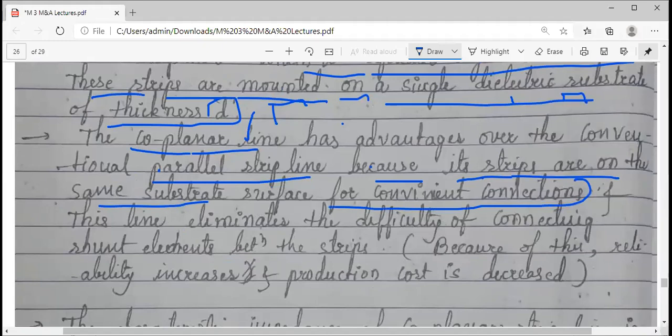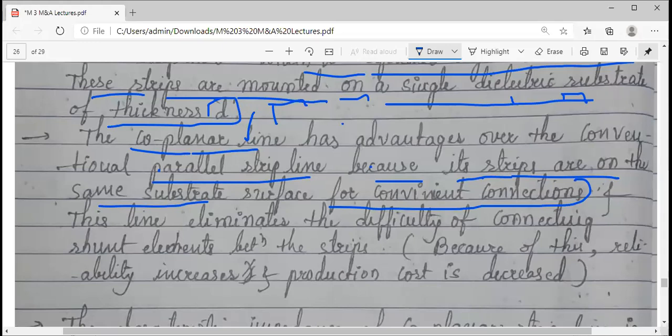So whatever connections you make, because as you know, these planar lines are used in the interconnection of the components inside the circuits, right? So miniaturization. As the circuitry is very small, the size is too small, it's very difficult to make the connections. So try to imagine how the connections could have been formed. Because of this structure, with one substrate and two strip lines available, the convenience of connections will be much greater.